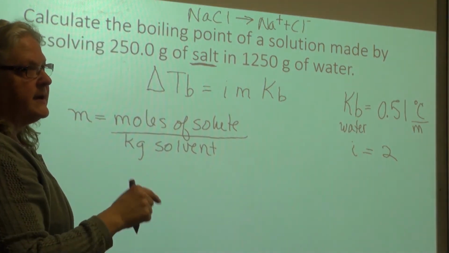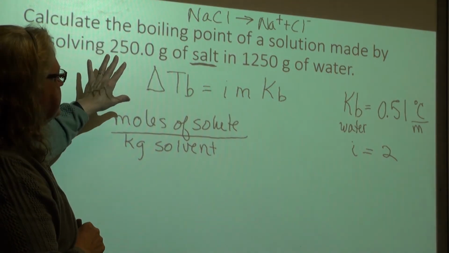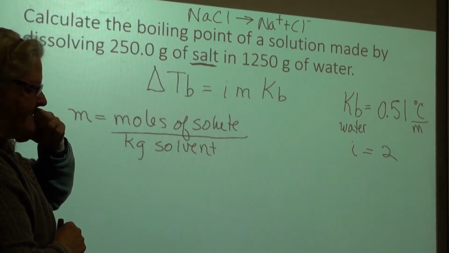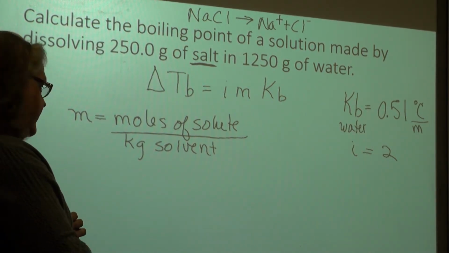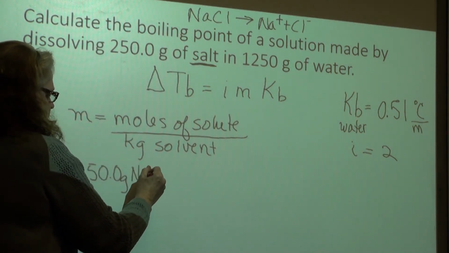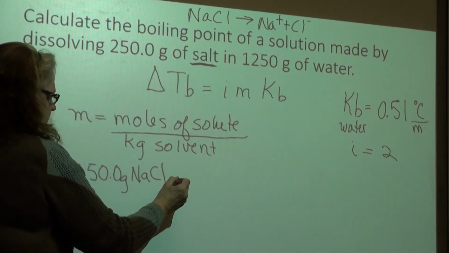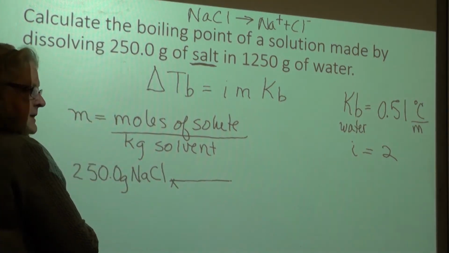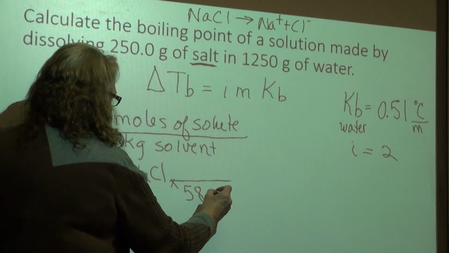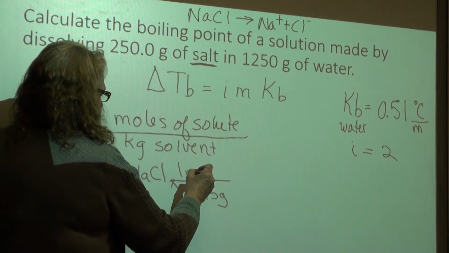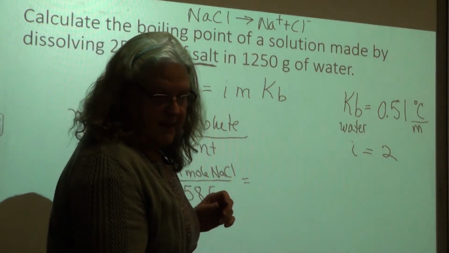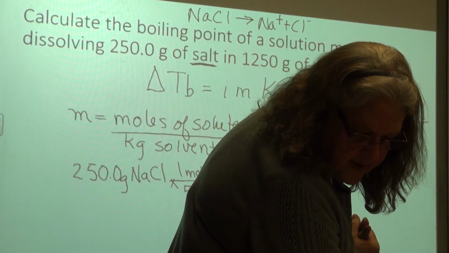Moles of solute over kilograms of solvent. All right, so how much solute do I have? 250 grams, right? So I've got 250 grams of NaCl. How am I going to change that to moles? I'm going to save you the trouble. It's 58.5 grams per mole of sodium chloride. So I'm just going to figure out how many moles I have, which is